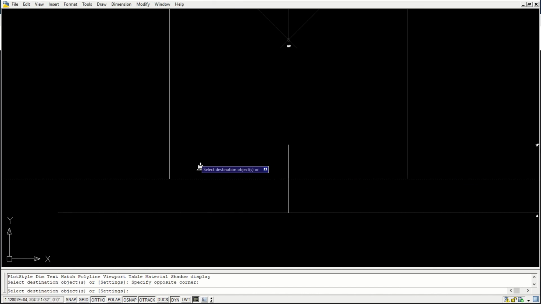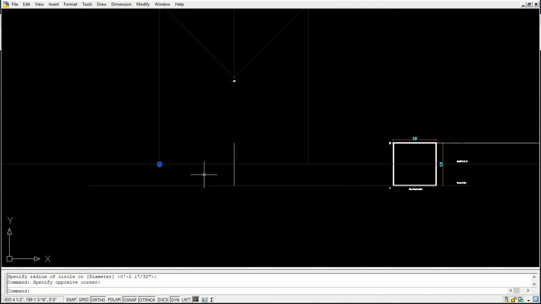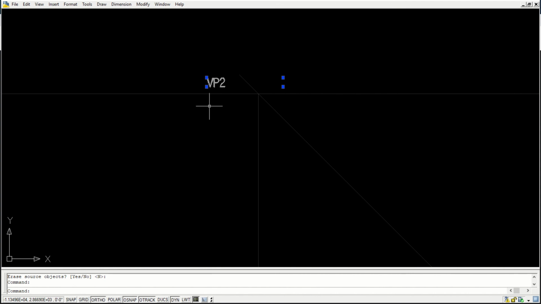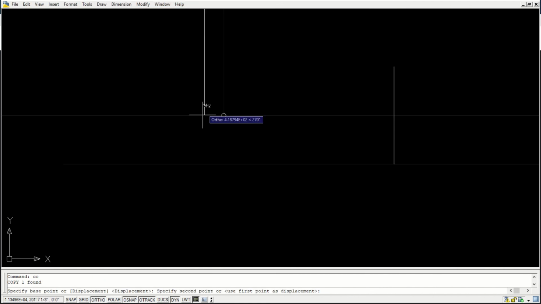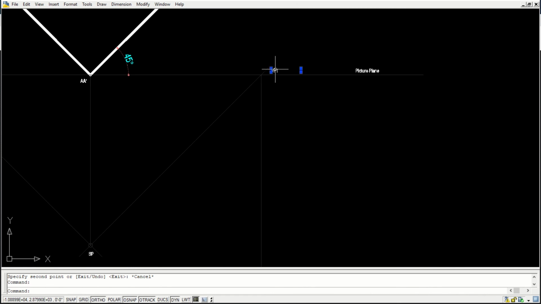So I'll just put a circle here. So this is vanishing point 1 and vanishing point 2.